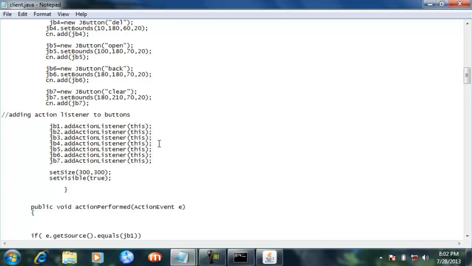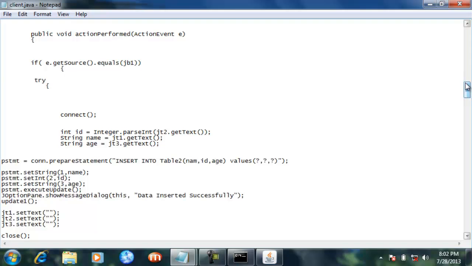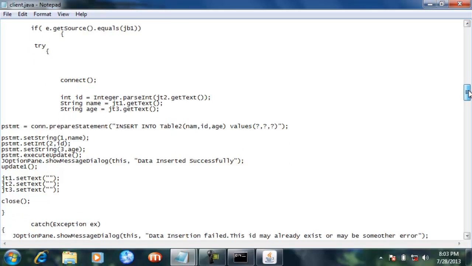Now when the user clicks that delete, then as we have added the action listener to this JB4, our action method gets called. Here you can see that this E now contains the address of JB4, and now this if statement will not get executed because JB4 has called this event.